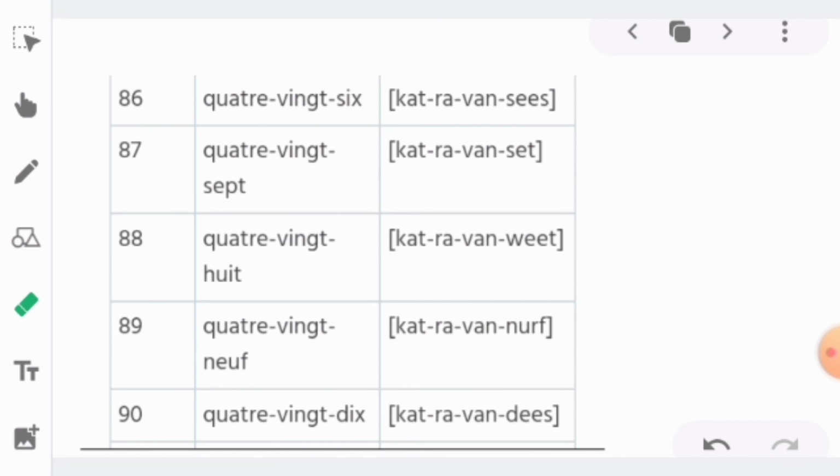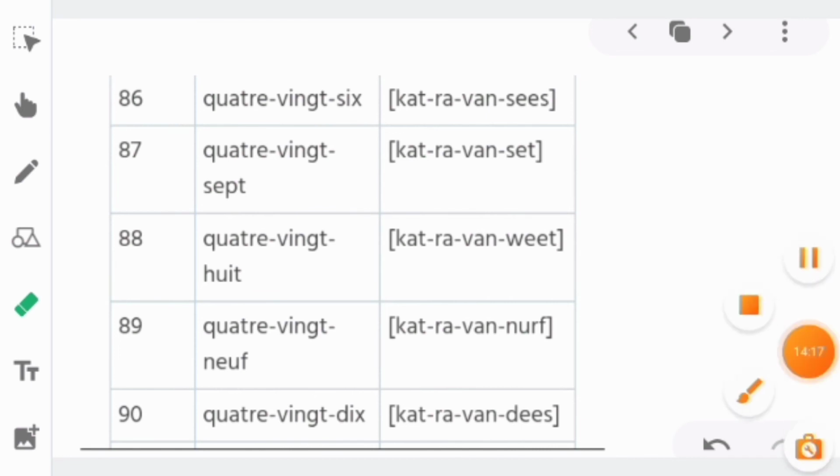Now for 90, 90 also has no special word for itself, just like 70. For 70 also the French had not used any special word. For 90 it will also not use any special word, so it will be 80 plus 10. Okay, 80 plus 10 is 90, so for 80 it is QUATREVINGT and for 10 it will be DIX, so 80 DIX,